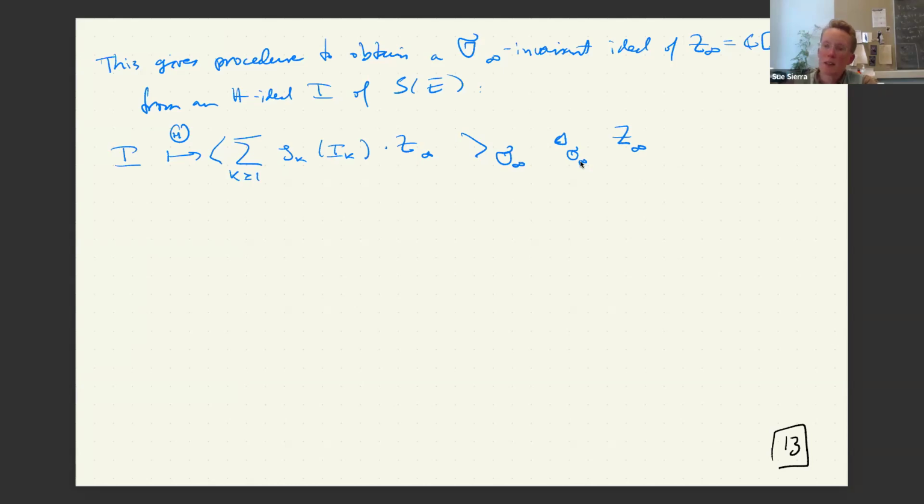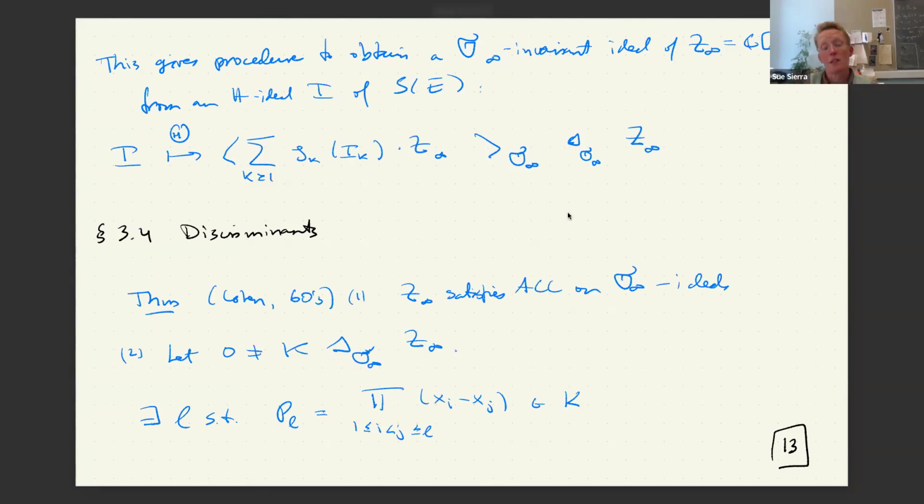Now the good thing, this is sort of a complicated procedure, but the one good thing about it is that S infinity invariant ideals of Z infinity are well understood and really nice. We finally get something that has a good structure. And so let me tell you about that, and let me tell you also about these discriminant elements, which will